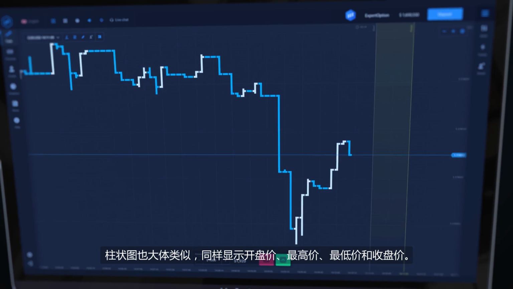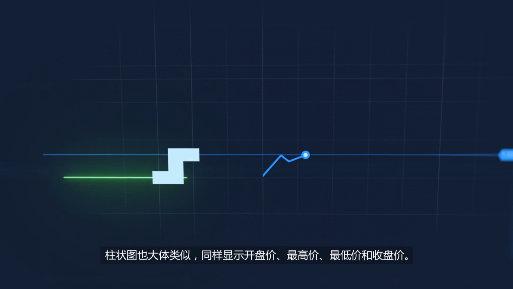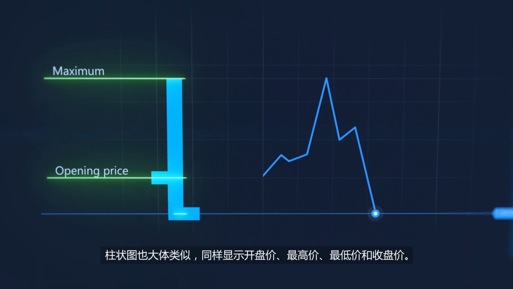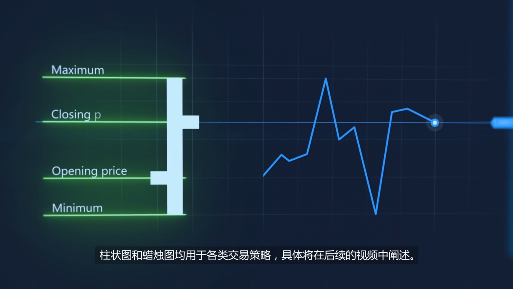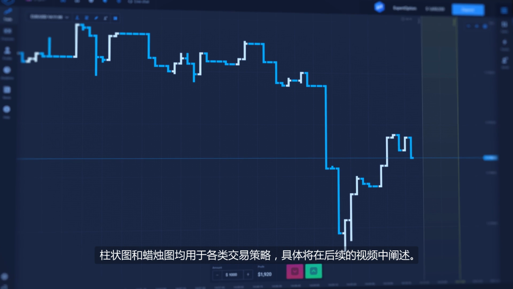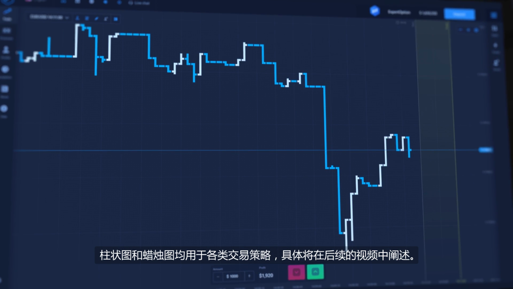Bars are almost the same. They also show opening, maximum, minimum and closing prices. Bars and candles are used for various trading strategies that will be explained in our